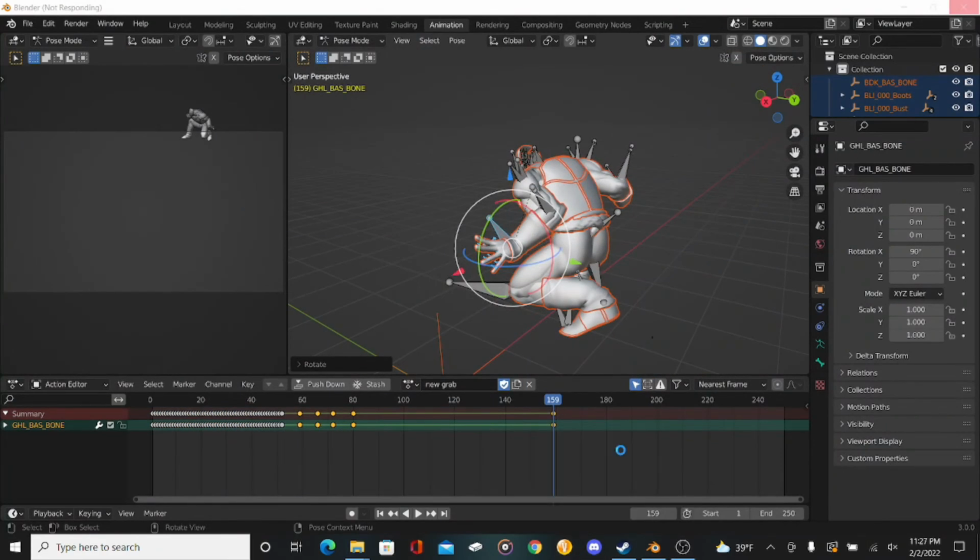And I cannot stress this enough, make sure you are on the frame you want to put that pose in ahead of time.